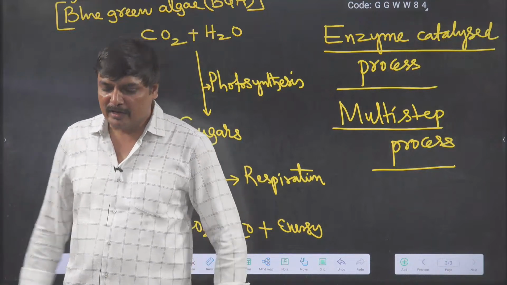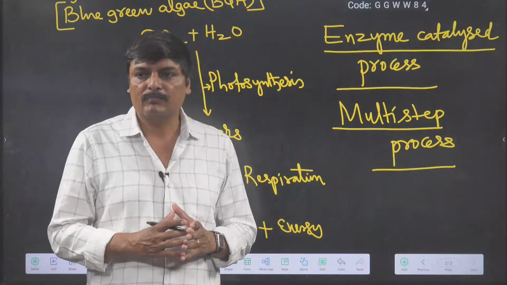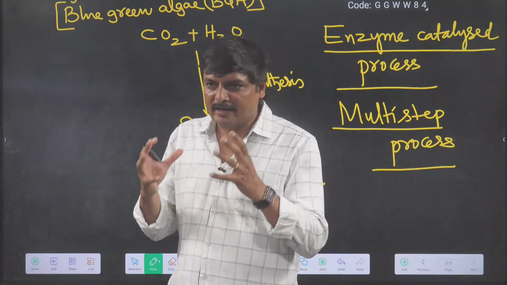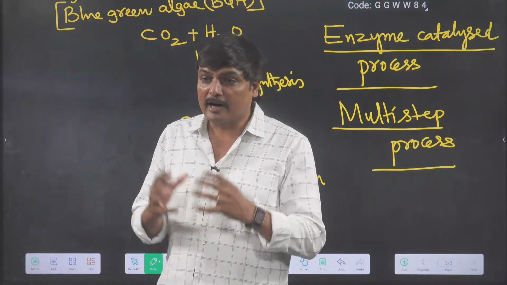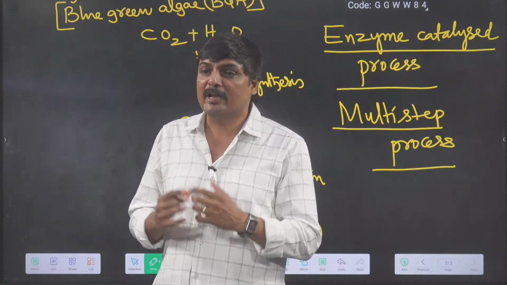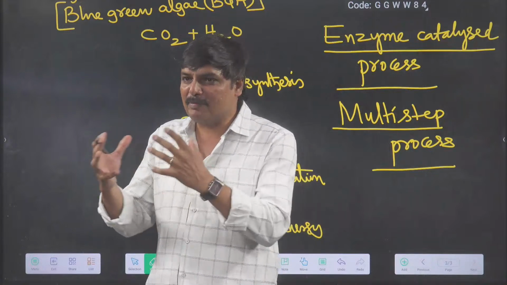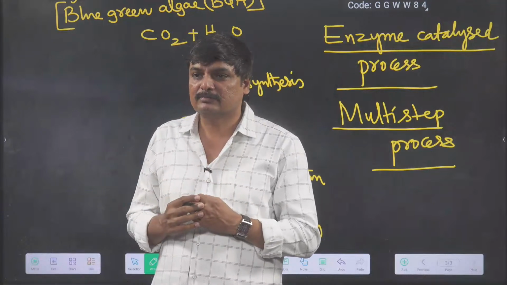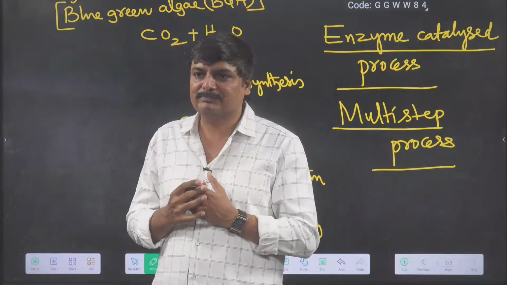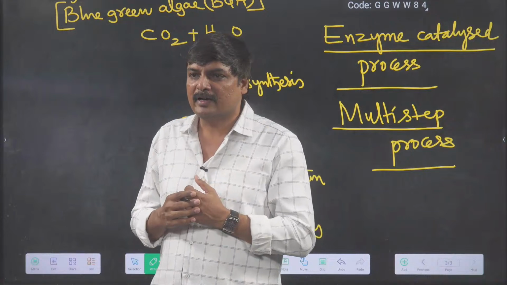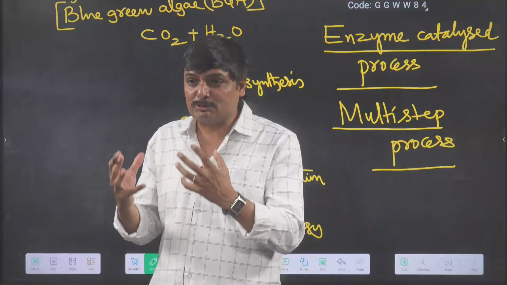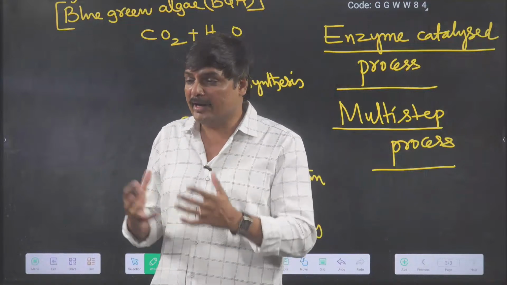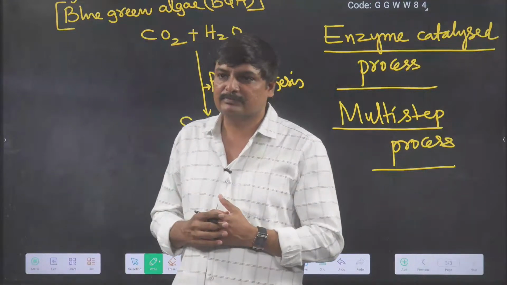Right. Now we understand what is respiration, where it occurs, what happens during respiration, why we have to breathe, what happens during breathing. We require energy. How will we get that energy, and how is energy stored? Why is energy not released in a single step? Why is it liberated in a stepwise manner? Okay?